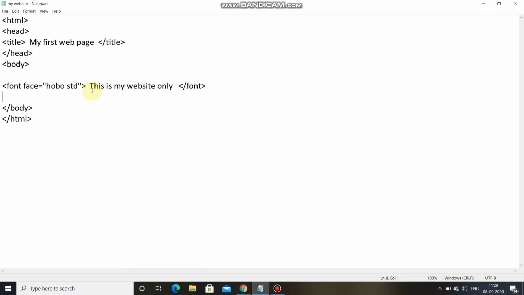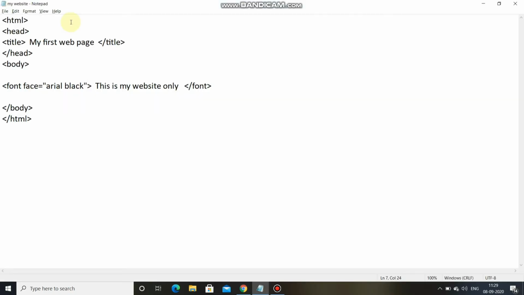It is so simple. We can make any changes, like if I want Arial Black, now I'm saving this and going on the web page and refreshing the page. See, can you see this? Okay, so this has been changed.